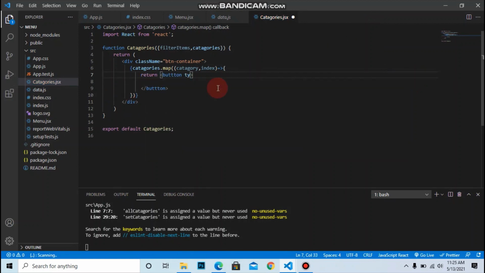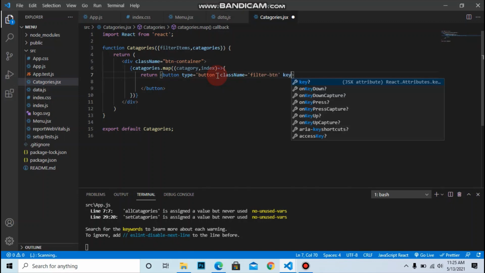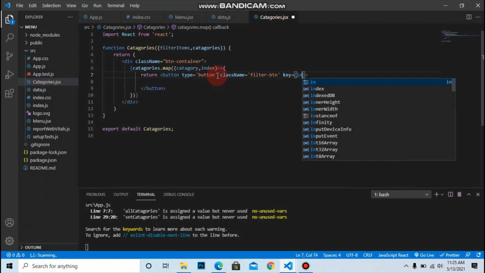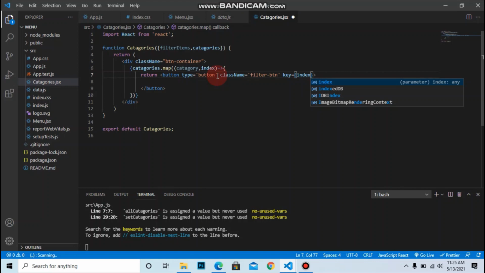After that, let's add the button type equals to button, and let's add the class name, that is filter button, and key, that is a unique key, that is index.